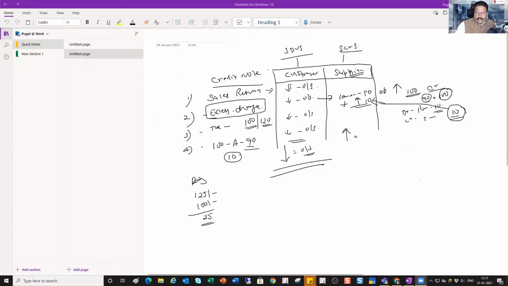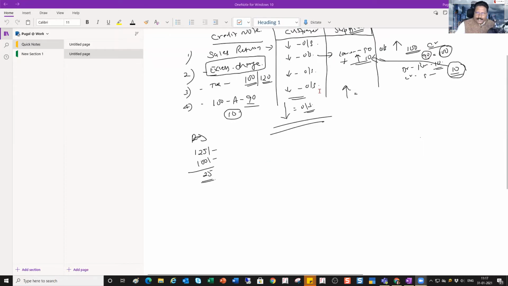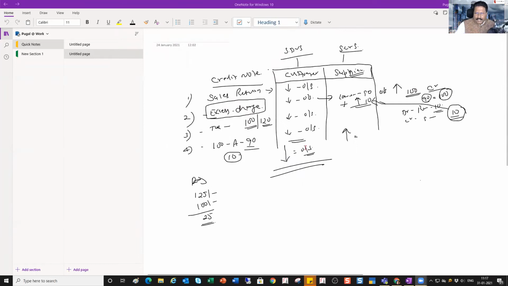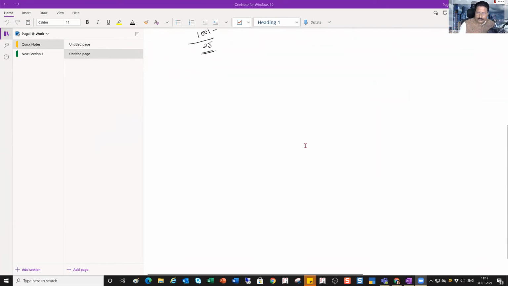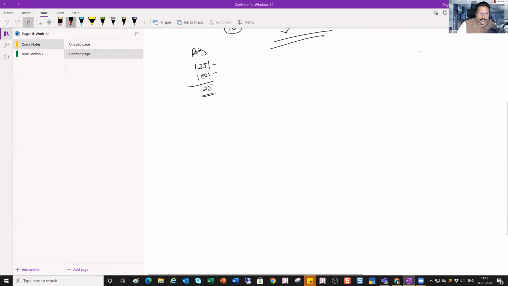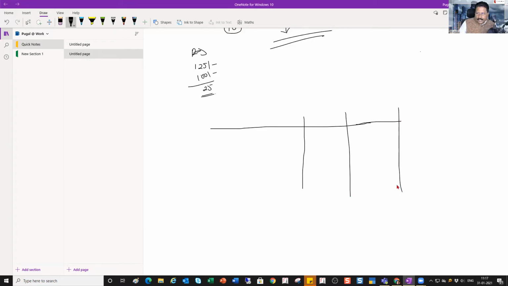So in the last session, we took these use case scenarios for understanding credit note, right? So similarly, we will just quickly walk through the use case scenarios. We will take the instances, right? So let me just quickly draw this table. So yes, we have your customer. Okay. So we are understanding about the debit note.